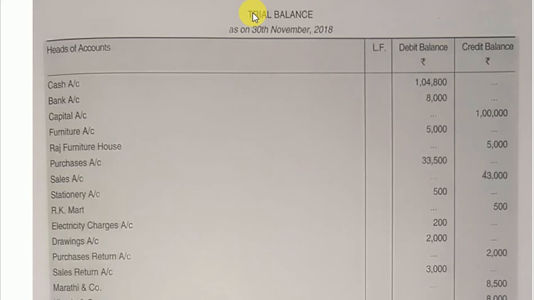So when we have our class tomorrow, the online class, we are going to go through this question and solve it, and this will make you understand how a trial balance is prepared. Now, I'm giving you a small tip, children. You must take care that whenever your trial balance is prepared, assets will always come in the debit balance because assets carry a debit balance. See the asset furniture here. This is an asset, it will always be in the debit.